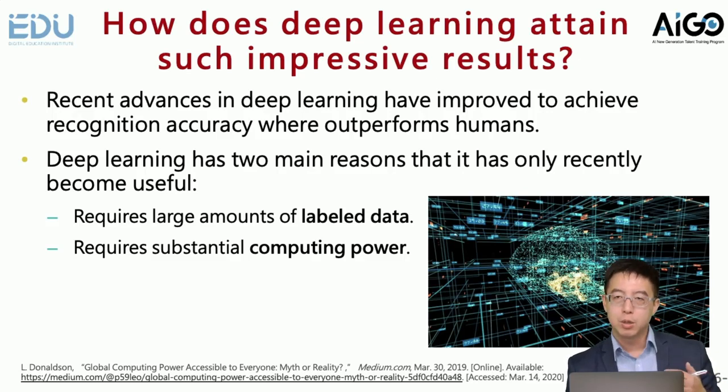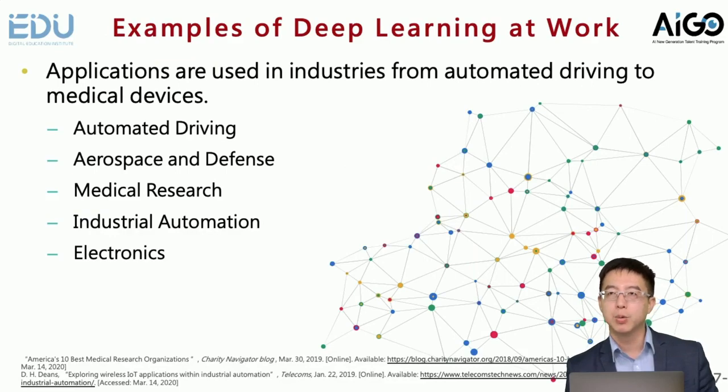So we can see that because of the maturity of semiconductor technology, we can use less budget and less money to have very powerful computation power and efficient data storage. So it became a foundation for us to develop very successful deep learning nowadays. And next, we can see some examples of deep learning at work.